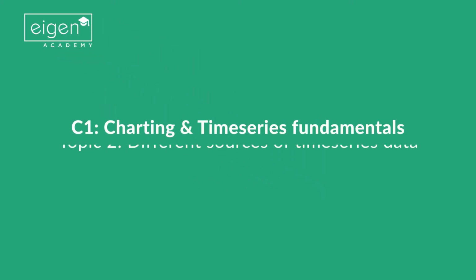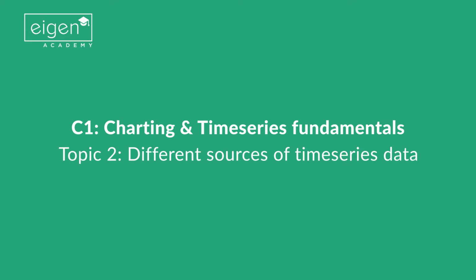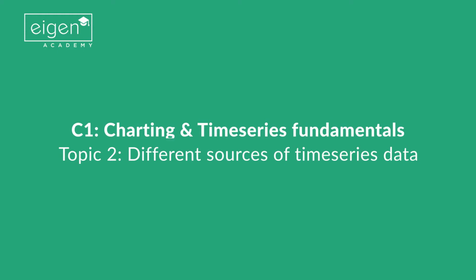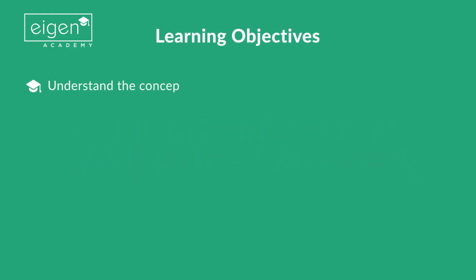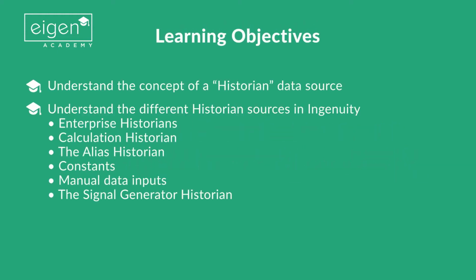Lesson C1, Charting and Time Series Fundamentals. Topic 2, Different Sources of Time Series Data. The learning objectives for this topic are to understand the concept of a historian data source, to understand the different historian sources in Ingenuity. We have enterprise historians, the calculation historian, the alias historian, constants, manual data inputs, and the